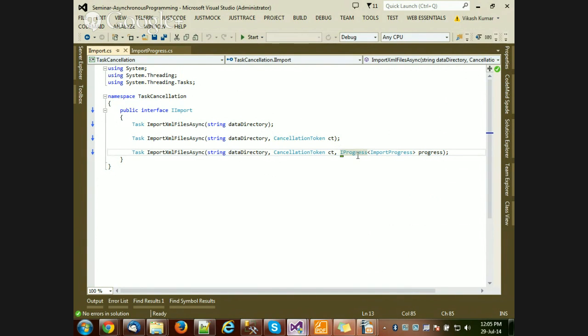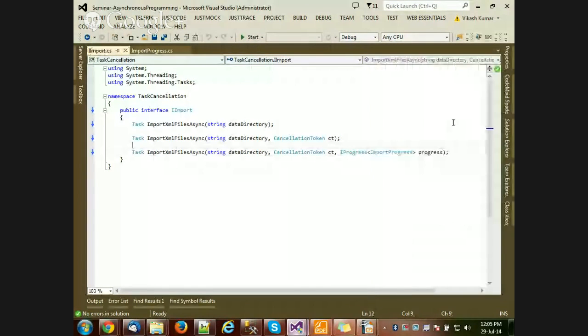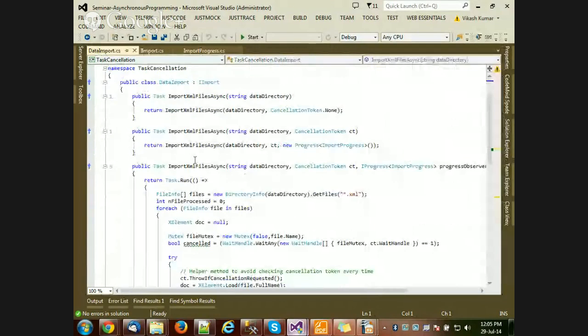The thing is, this feature came with 4.0 with IProgress, and this is just an interface which will get changed on the calling or consuming of these items. So we have defined our interface, and this interface is going to be implemented on my data import. So if you see the